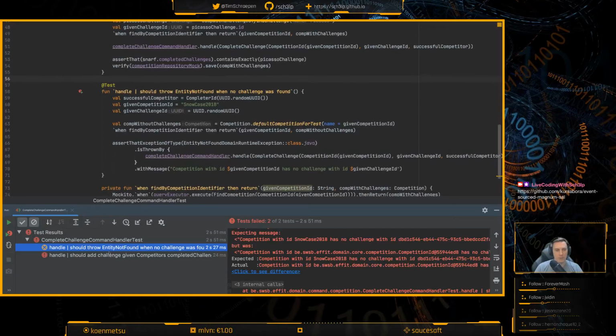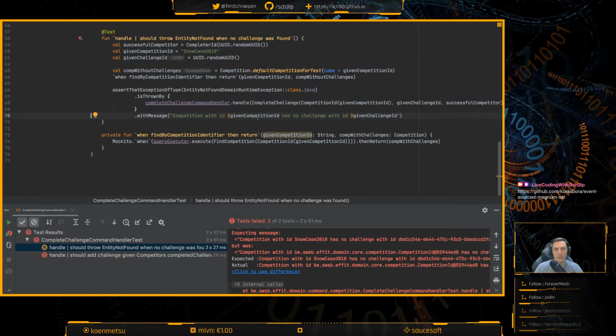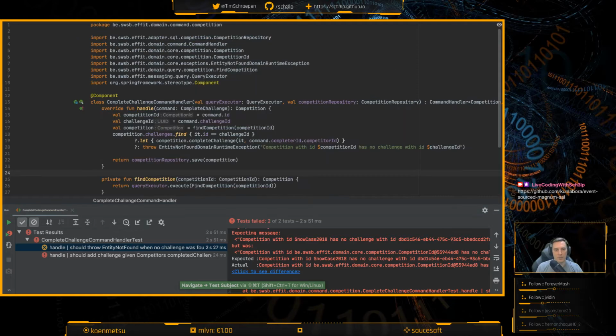So there's definitely just an error here. Competition ID is an actual string, but then in the implementation, I think I'm reusing the ID here, but I want the string representation from it. No, actually, I want .id from it.